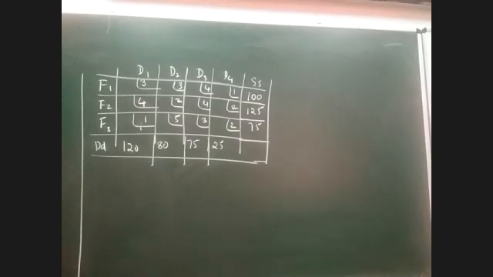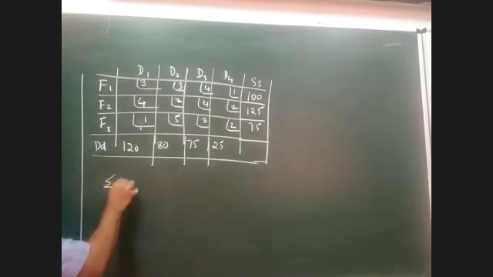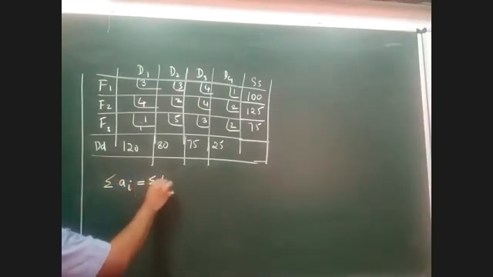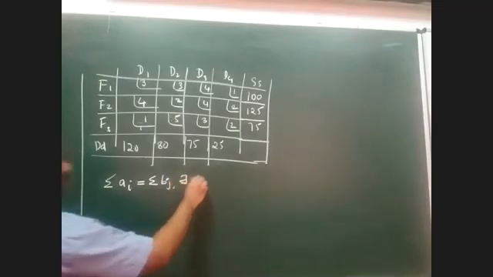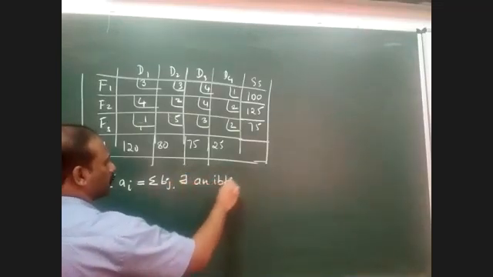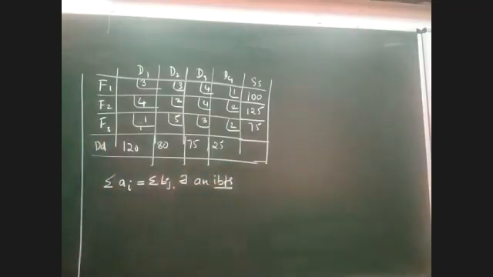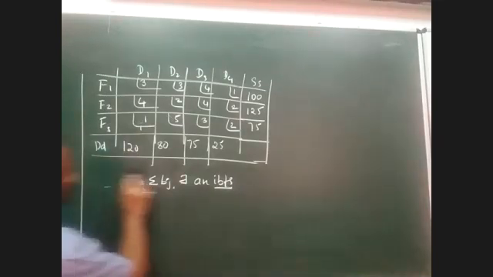Summation a_i is equal to summation b_j. There exists an initial basic solution. So this is how we are supposed to declare that the given problem is a balanced transportation problem. Only after writing this statement, we are supposed to start with the allocation. I'll just erase this part because we don't have the space here, but anyway, this has to be written, and after that, the allocation will be started.